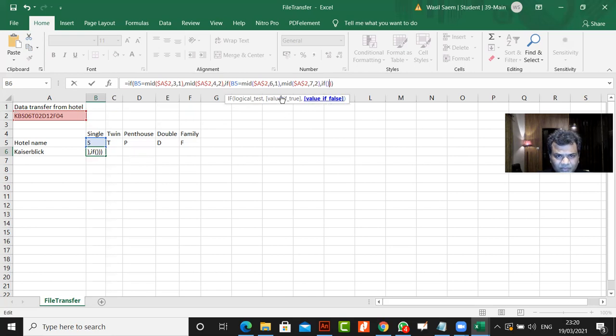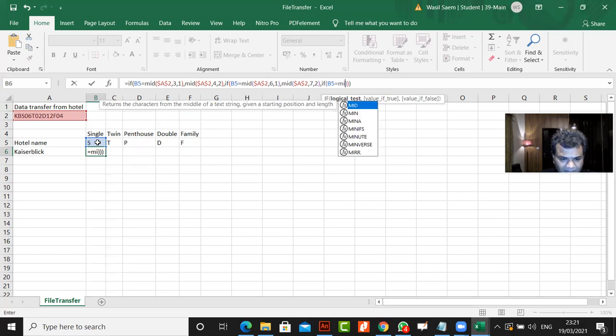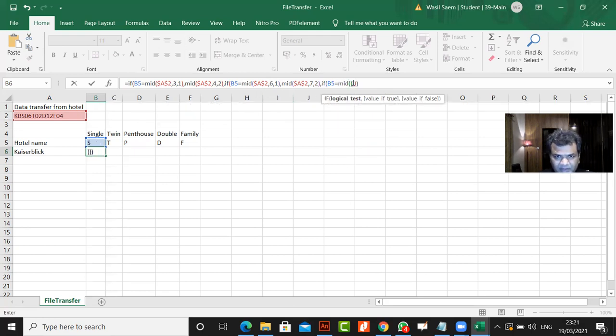Oops. What did I do wrong? Anyway, why did that appear? I don't know. So if this is equals to mid, now we're dealing with NT, we now have to do D. So it's 1, 2, 3, 4, 5, 6, 7, 8, 9. So we're saying over here, if this comma 9, comma 1, then